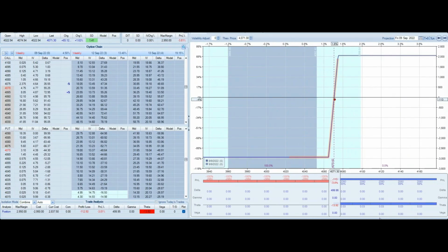With about 30 minutes left in the trading day, I initiated a 10-point wide call debit spread. I bought to open the 4065 call and I sold to open the 4075 call. This was a 5-lot trade. I paid $5.90 for the spread, risking